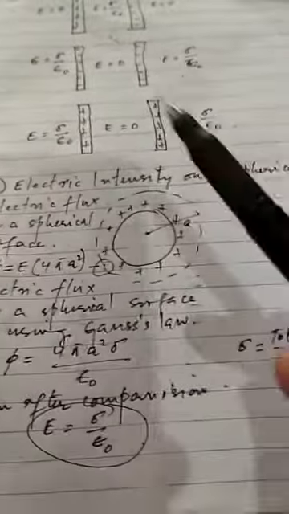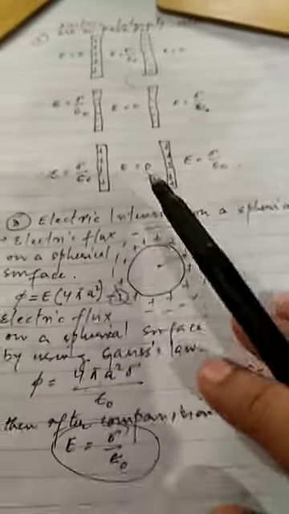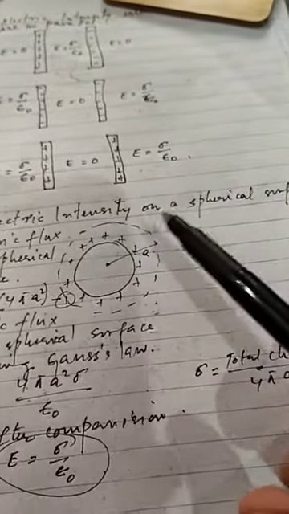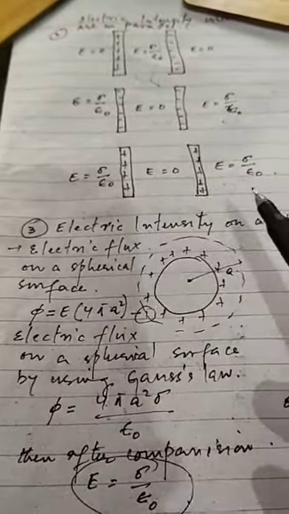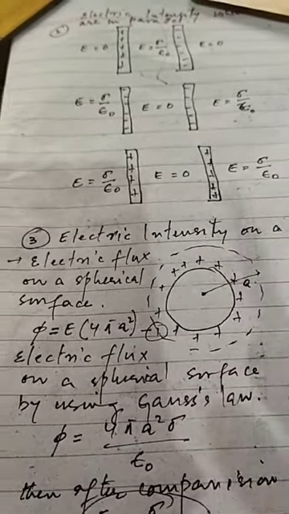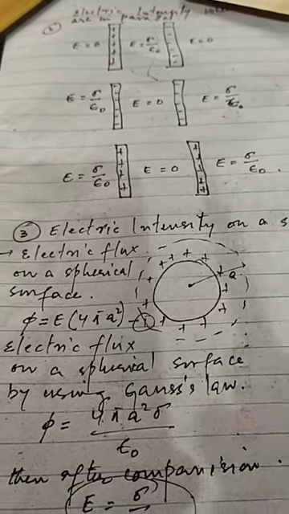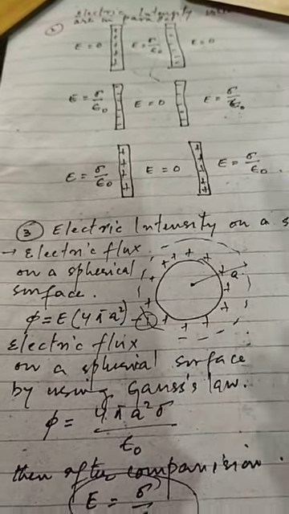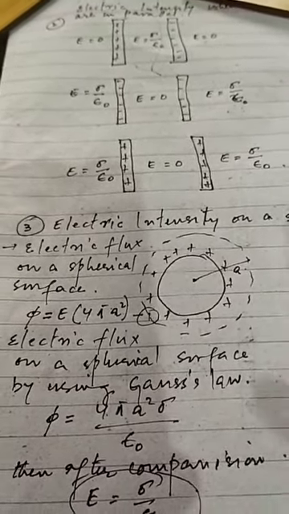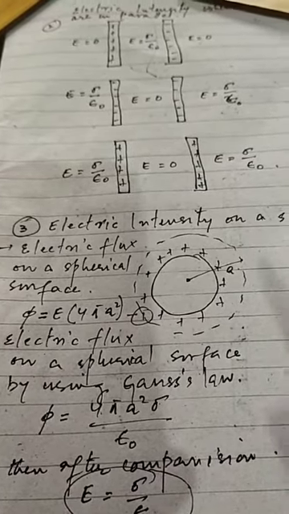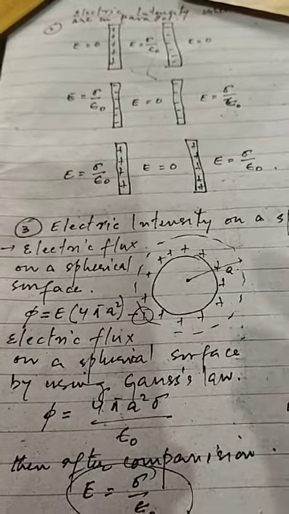In the third application, you have to calculate electric field intensity on a spherical surface by using Gauss's law. Dear students, remember, all this information has already been discussed in online lecture 2 part 1 in detail. I have given you these options in writing form, in summary form, short form.